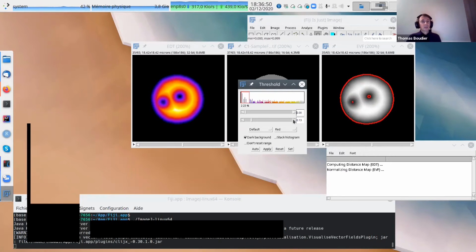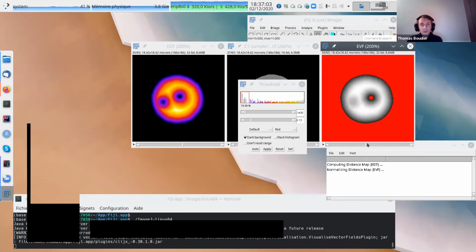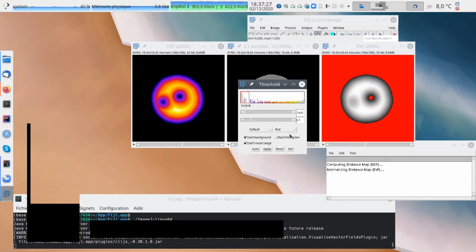Okay. So now I have the value between 0 and 0.13. Here, all in red are the 10%, 13% exactly, pixel closest to the membrane. This thing is not working for 32-bit images, but this is the idea. If I say 0.5 and 0.6, I think we need to check this thing. It's not working very well.